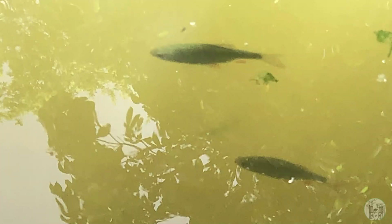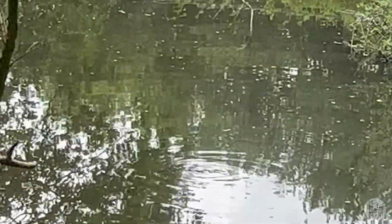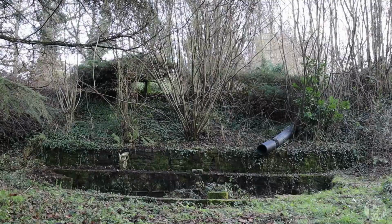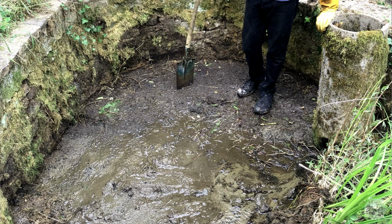Yeah, it's been quite a challenge finding products for that. I've got 1 or 2 in mind, but we'll have a look, see later in the year as to exactly how we fix that. The things we have seen is there's a nesting pair of kingfishers. It's teeming with fish. Lots and lots going on, frogs and toads and dragonflies and damselflies, just amazing. But yeah, along with the swimming pool this year, I think there are 2 other ponds which we're going to be focusing our work on. The one we call the theatre pond and the cascade pond, where they have a similar...